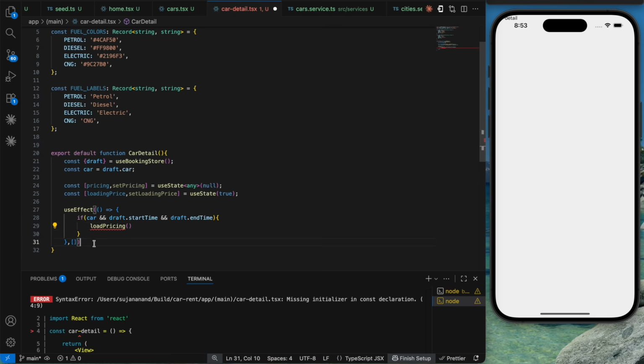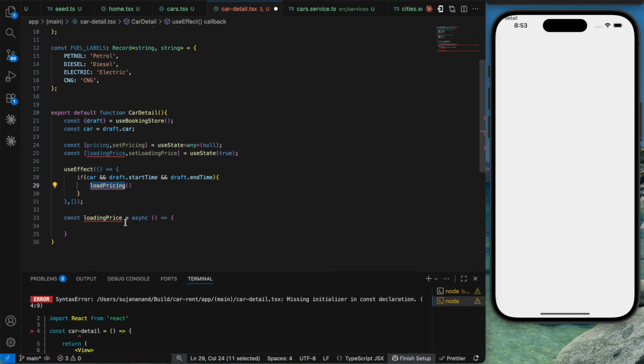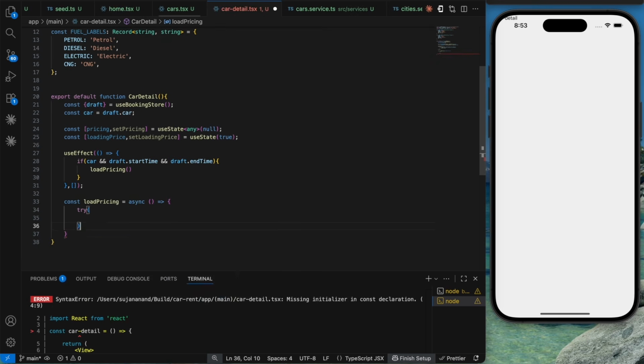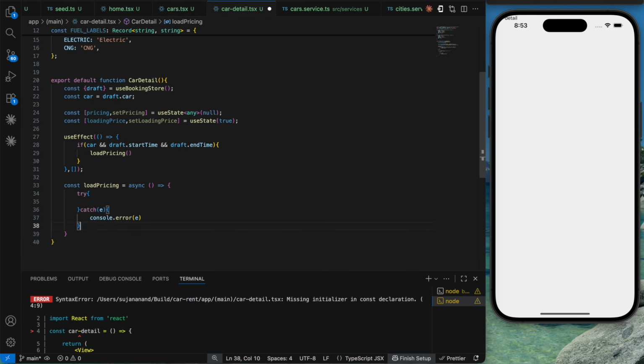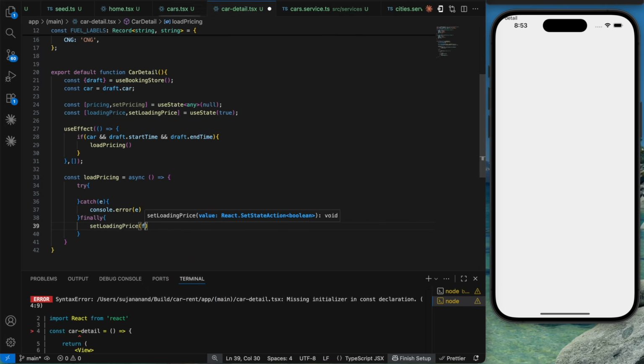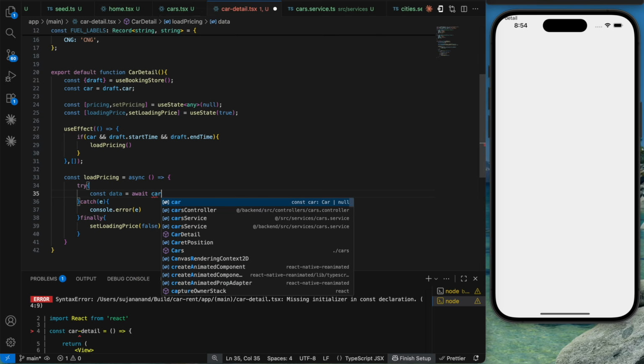Let's implement that as well. It's going to be a pretty simple function. So const loadPricing is going to be equal to an async method. All right, here having your try-catch block, so try and then catch of error. I'm going to say console.error of error, and in your finally block, I'm going to say setLoadingPrice to be of false. Within your try, I'm going to say const data is going to be await, access your carService